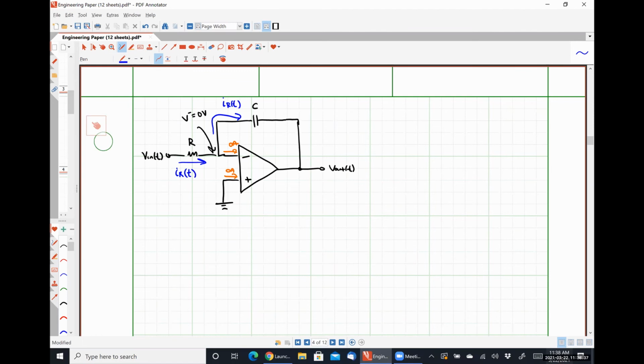Because I have a time-varying current flowing through my capacitor, I will observe some voltage change over my capacitor. And we need to recall that the current flowing through a capacitor, IC of t, is equal to C times the derivative